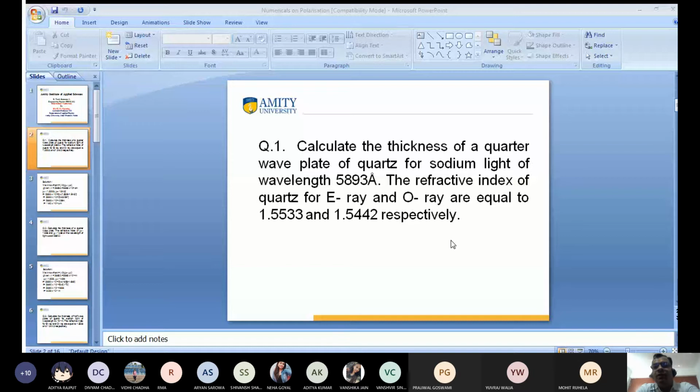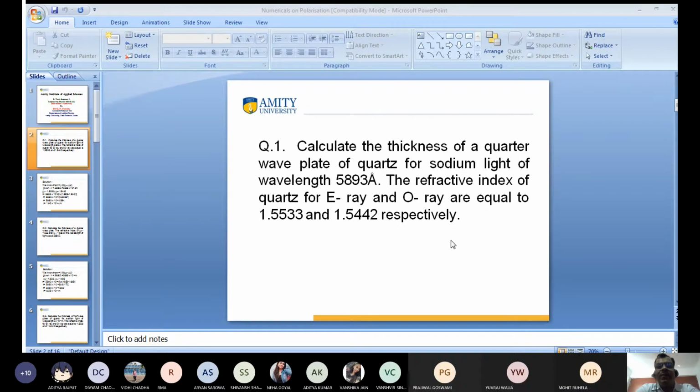We have also discussed optical rotation. When light passes through a solution, there is a rotation of the plane of polarized light. That is known as optical rotation, and there are two types of rotation: dextrorotatory and laevorotatory. We also discussed how to produce plane polarized, circularly polarized and elliptically polarized light. I also discussed the specific rotation.